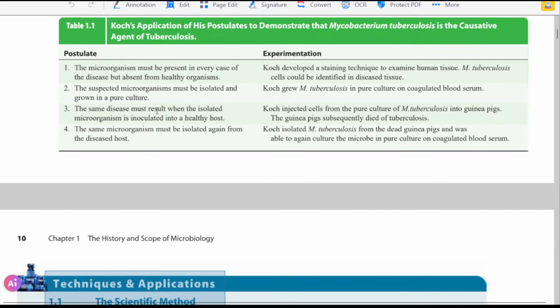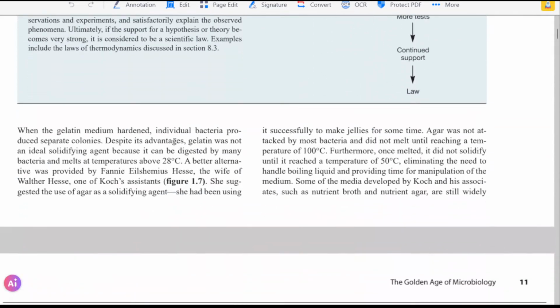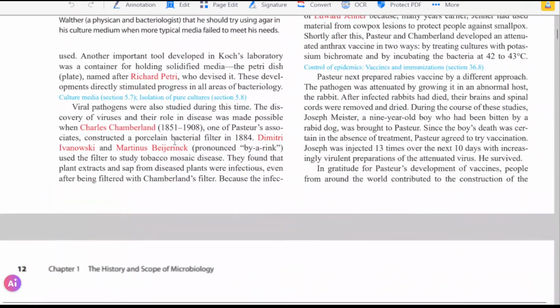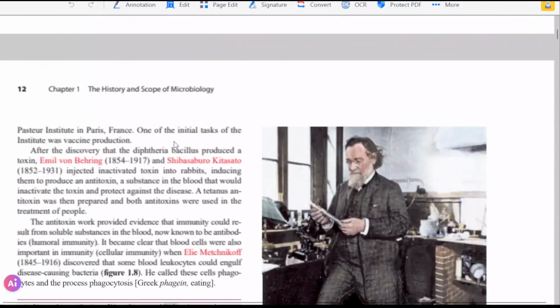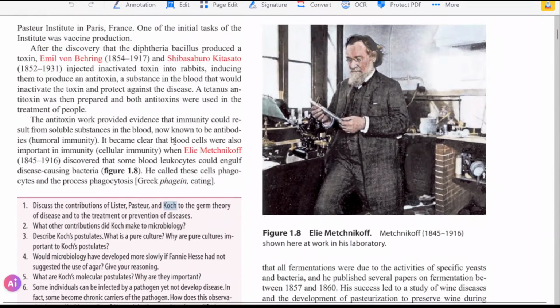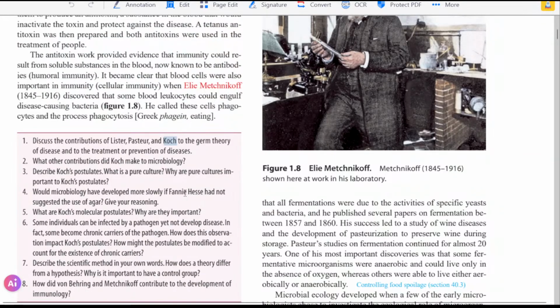And when you take a sample from the unhealthy organism and grow those microorganisms in a culture, they are identical to the microorganisms that you first took from the first unhealthy organism. So that was Koch's demonstration of the germ theory by making the Koch postulates. He found out that the anthrax bacillus was the cause of anthrax disease. So in a sense, he also proved the germ theory.